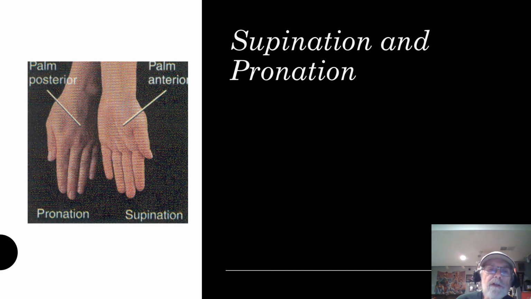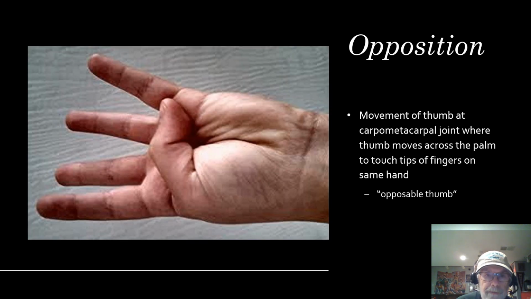So this is going to be pronation of the hand, where the palmar surface would be facing downwards. This would be supination of the hand. Now the palmar surface is facing upwards. Okay. Opposition. This is what sort of makes us human, and one of the things in evolution we find is that if we look at some of the lower primates, they don't have, they start to develop what's called an opposable thumb, and opposition just means if I take that thumb, I'm able to pull that